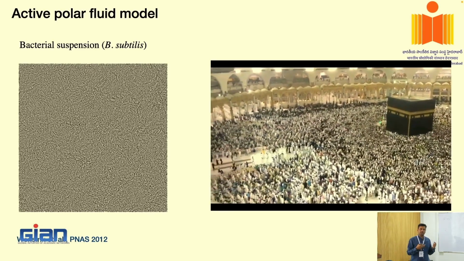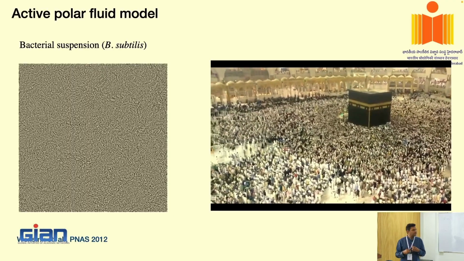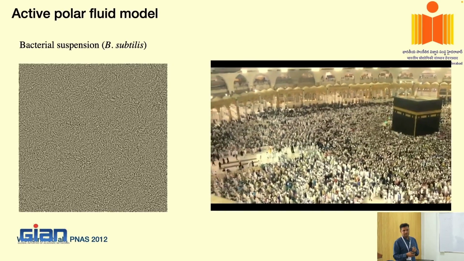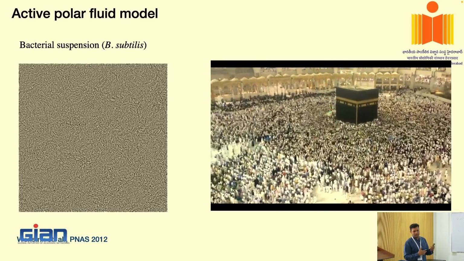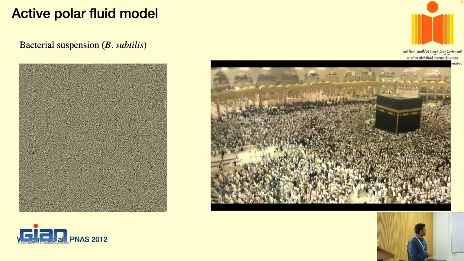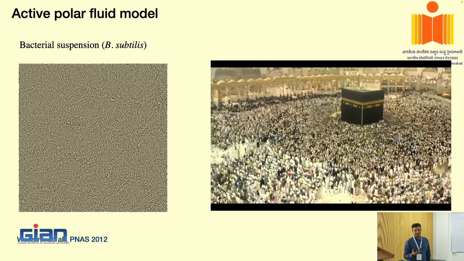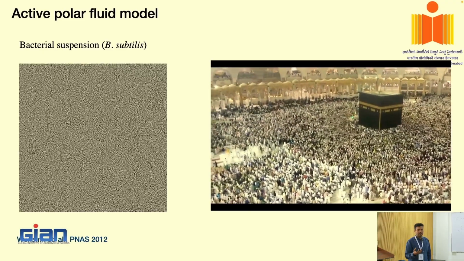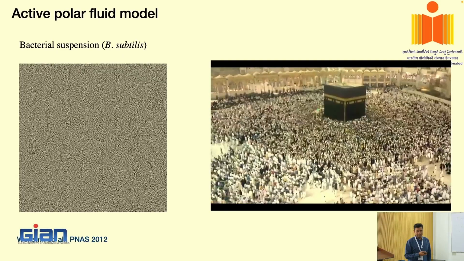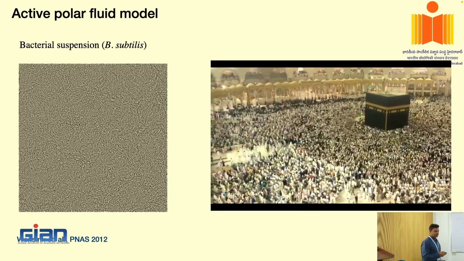Okay. So now the question is, if you solve those equations and at the end you are going to get a structure which is of the order of the system size itself, then how do you explain these systems? How do you explain the systems where you have bacteria moving around, or sperm moving around, and they form structures which are smaller than the system size and greater than the individual size? So these are mesoscale structures. So how do we explain that? That means it needs a modification to the equations.